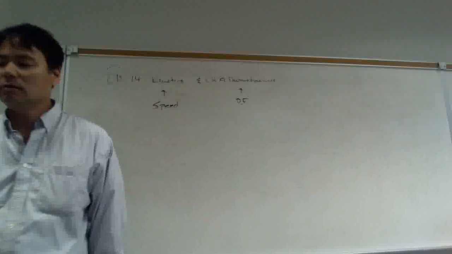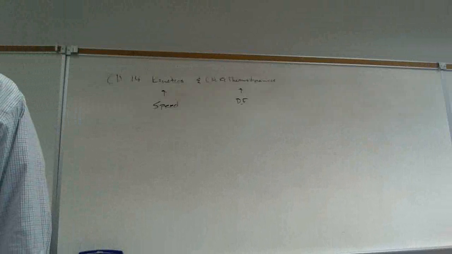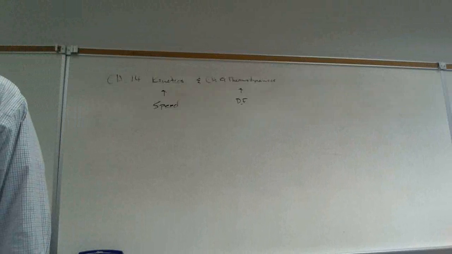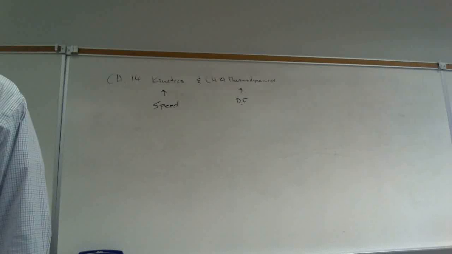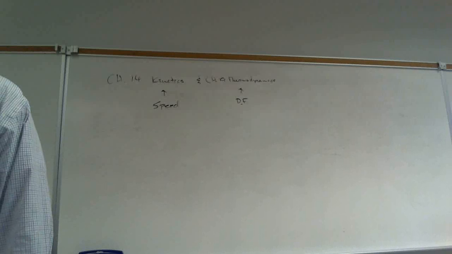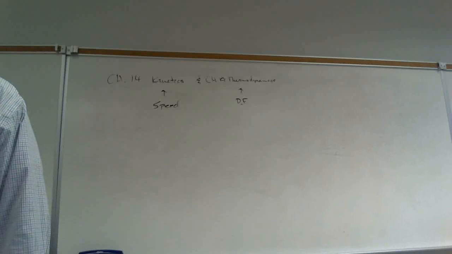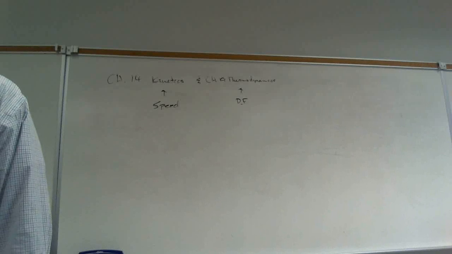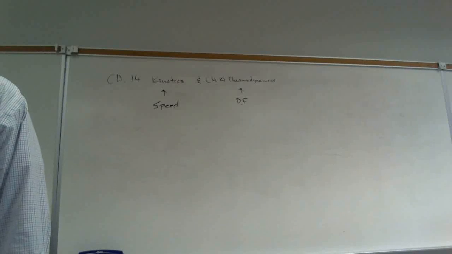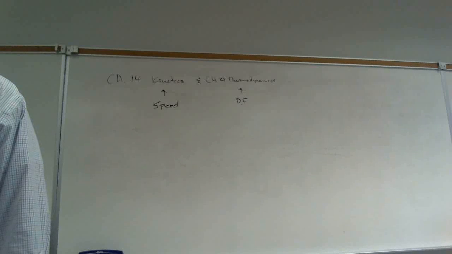And so one way of dissolving the silver chloride is by using hot concentrated nitric acid. Using thermodynamics, we can figure out how hot it needs to be, and what is the minimum concentration of nitric acid required to do it. So we don't have to use excessive temperatures or dump in excessive amounts of nitric acid, because using high temperatures costs money because you've got to heat it. Using excessive nitric acid wastes it, right? And so thermodynamics is very powerful because we can be a lot more precise